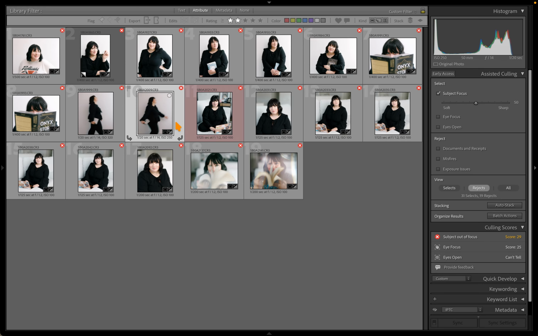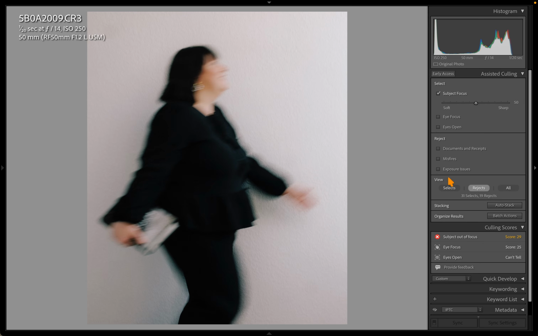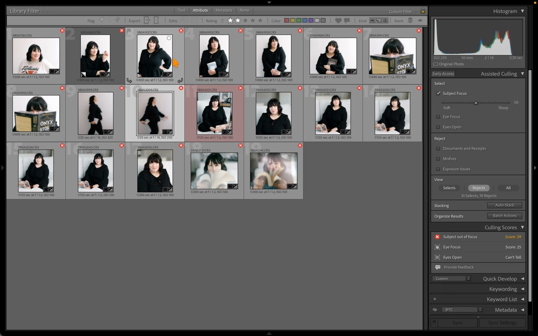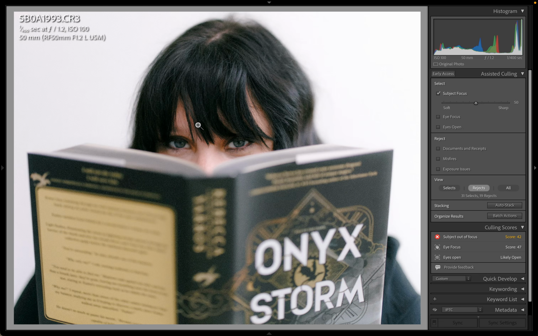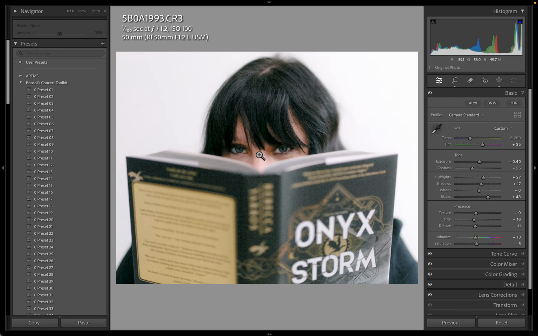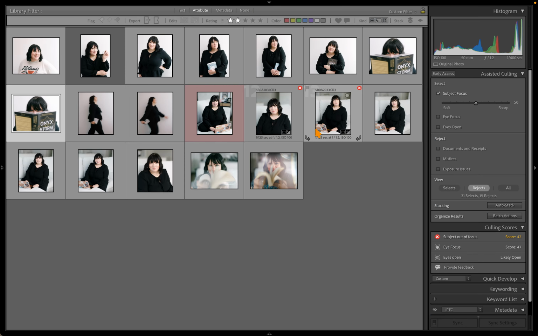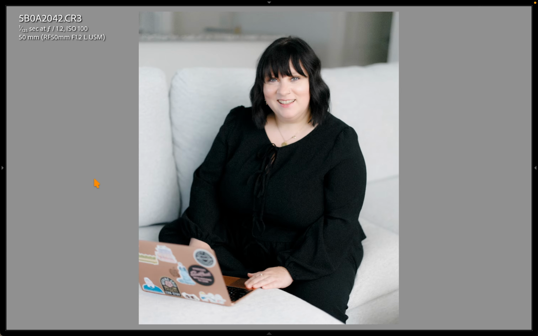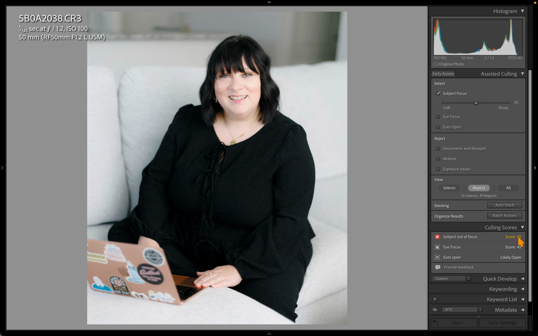And obviously things like this intentional motion blur shot, it's not going to pass the subject focus test, but that's intentional, so I'd want to mark that as a keeper. Same with this shot. There's not much of the subject's face shown, but obviously this was intentional as well, and I would also mark that a keeper. But what I'm surprised by is all these other shots that are definitely in focus, and the subject is definitely keyed in here exactly like we want them. But according to Adobe, this has a score of 45 out of 100 for subject focus,